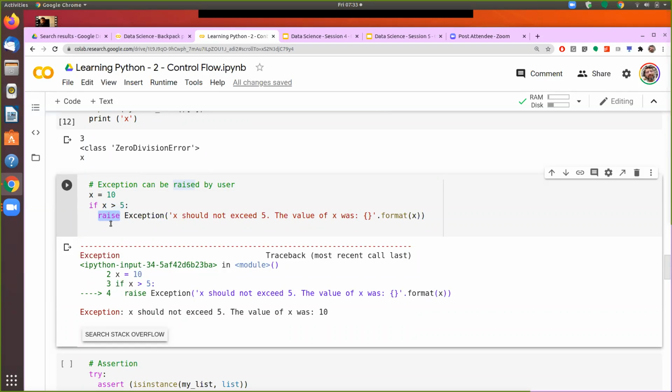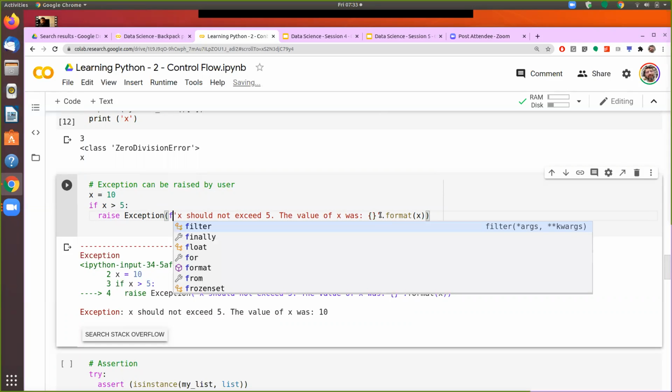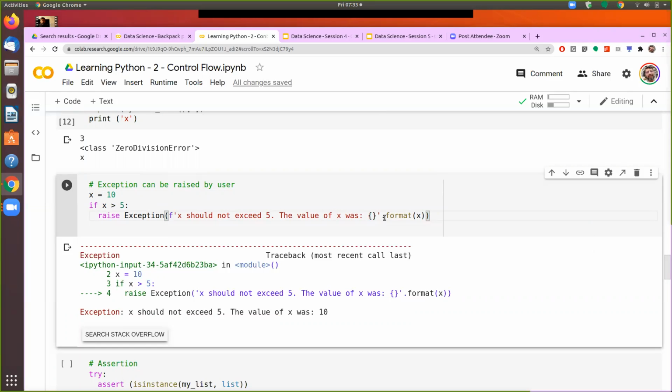And to be able to do that, we use the syntax raise exception, and then we define what we want the exception to be. So I could say that x should not exceed 5, the value of x was so and so. And you see here, this is another way to use the f string. Earlier, we had used the f string to assign the value inside the curly braces. This is another way of doing it. Or we could just write this, and it will still function.